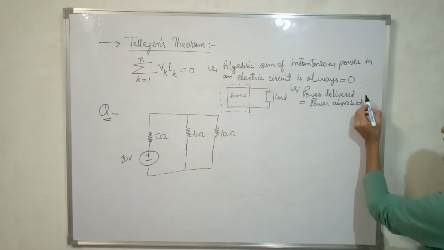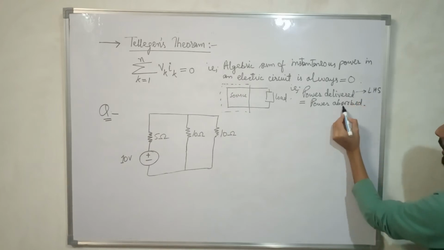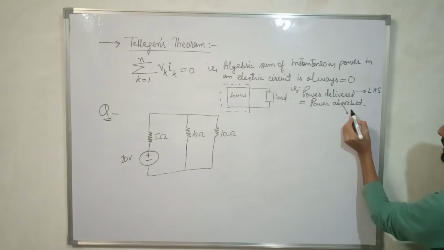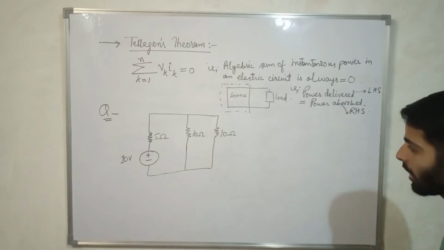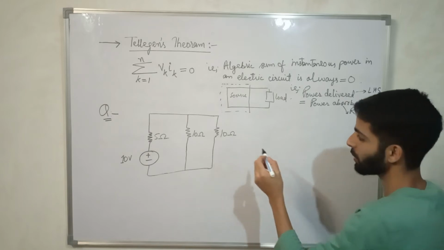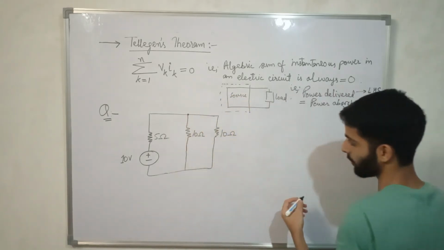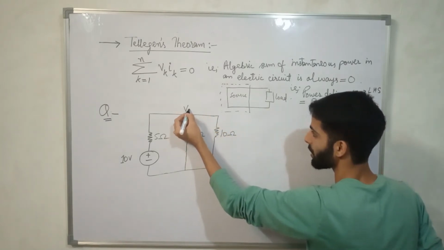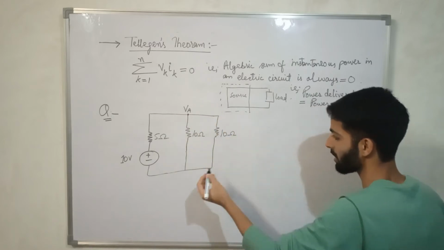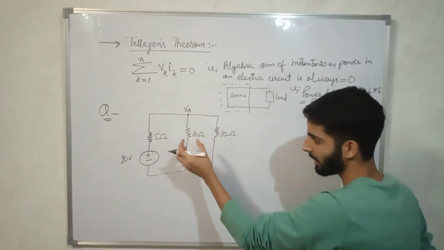Let power delivered be the LHS, left hand side, and power absorbed be the RHS, right hand side. First of all, let us take this node using nodal analysis. The potential here will be VA, the potential difference between ground and this point. So applying nodal analysis upon this,